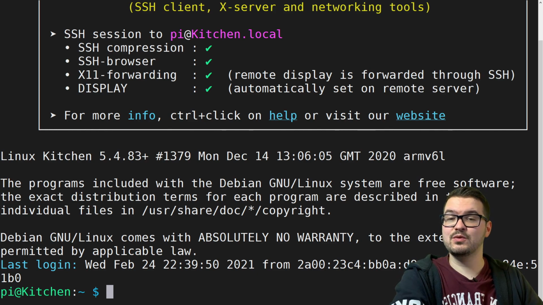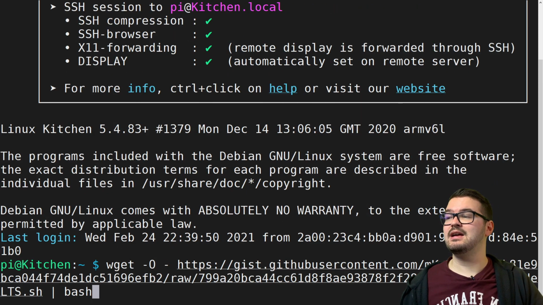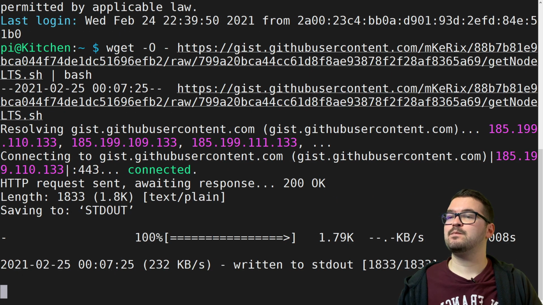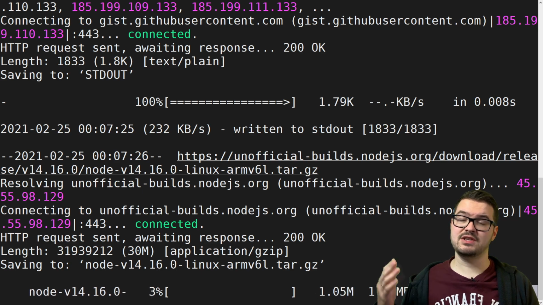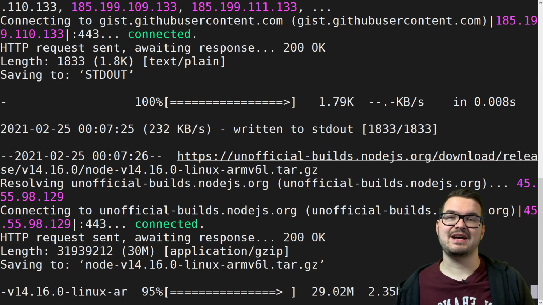We're now going to need to install Node.js, and again the command for this will be in the description below, so grab that and you can just paste that in. Once you've pasted that, just hit enter. This is going to take a couple of minutes then just to install all of this. There's going to be a lot of waiting around in this tutorial while you wait for things to download, so